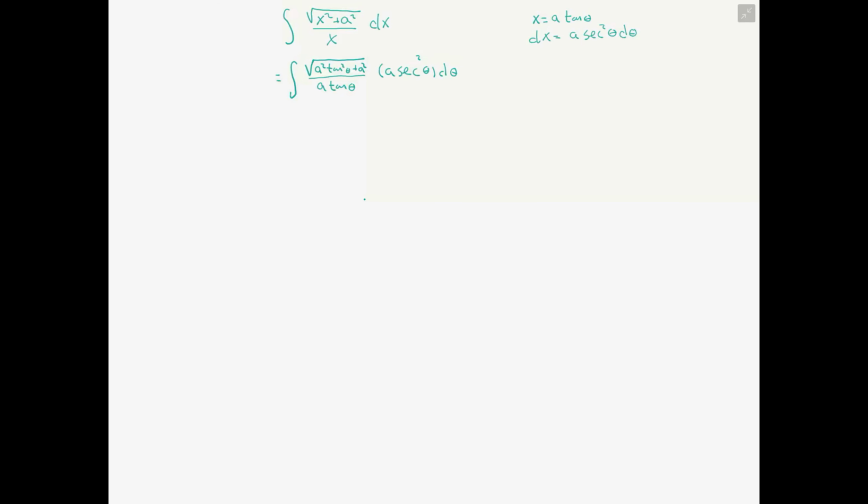So many of these use the same approach. And now we simplify our integrand by using a little algebra. We recognize that under the square root we have a squared secant squared theta, so that when you take the square root it is simply a secant theta, but we have a secant squared theta in the numerator, so we end up with